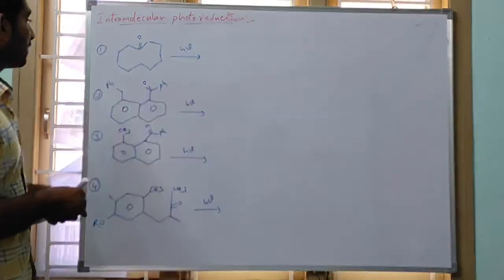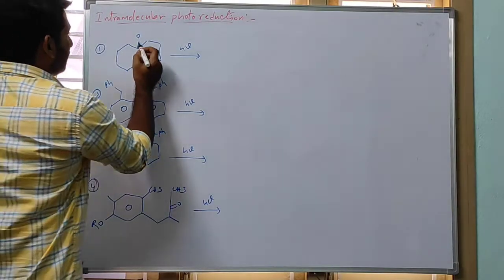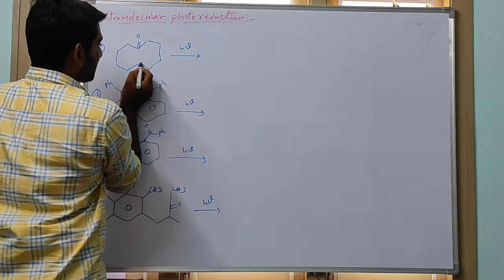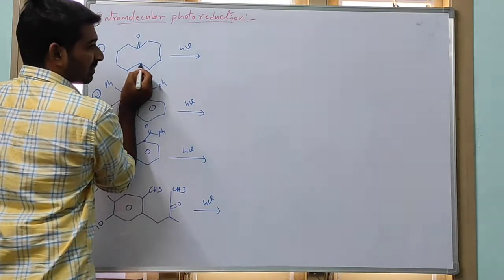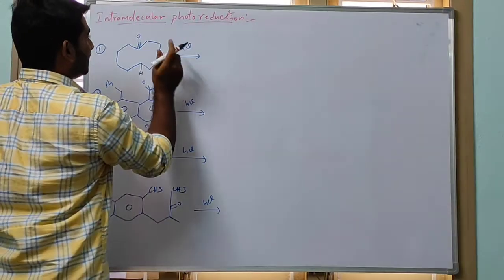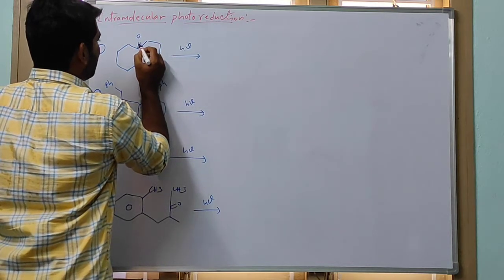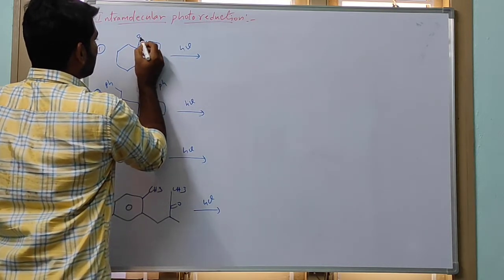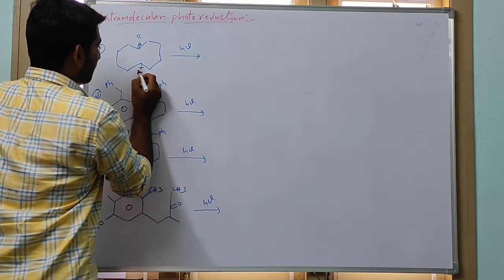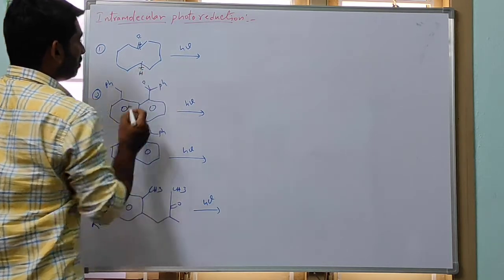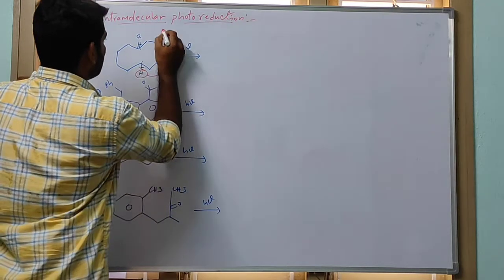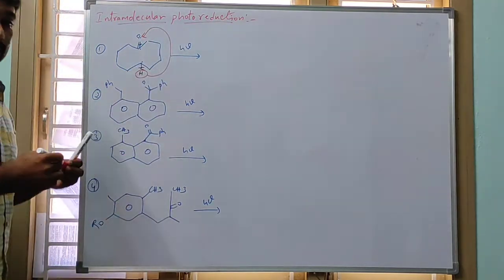Okay. See here how the intramolecular reductions will undergo. See, with respect to this carbon: alpha, beta, gamma, delta, and epsilon. Here one hydrogen is there or not? This is CH2 group. That means two hydrogens are present or not? So one hydrogen is existing. In presence of sunlight, one pi bond is breaking. It produces two radicals. Here also this hydrogen radical is breaking, and this bond produces two radicals. Yes or no?